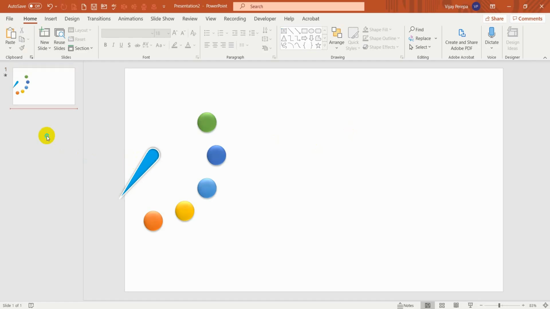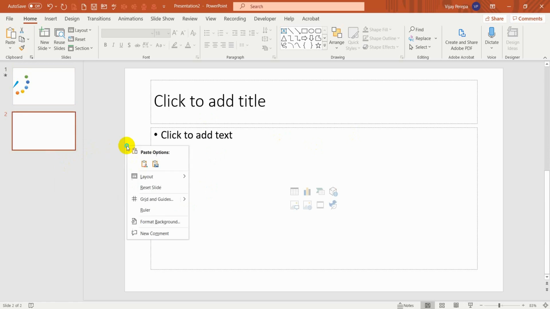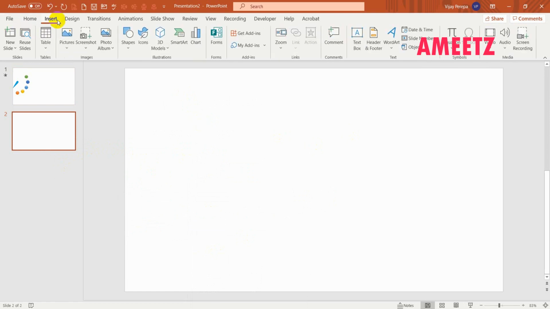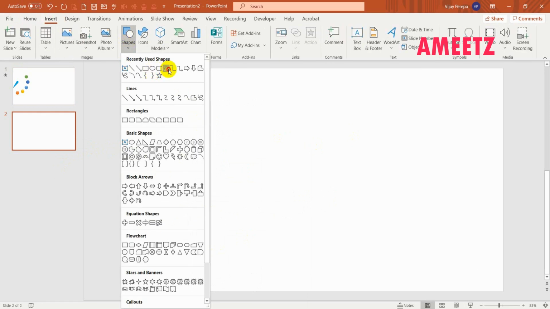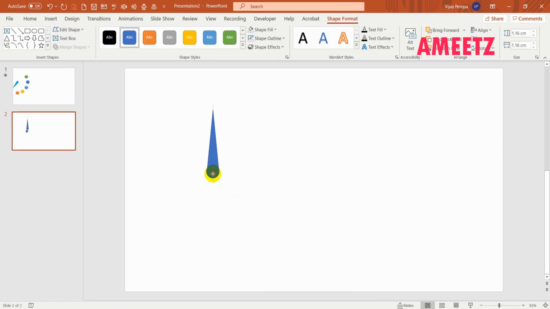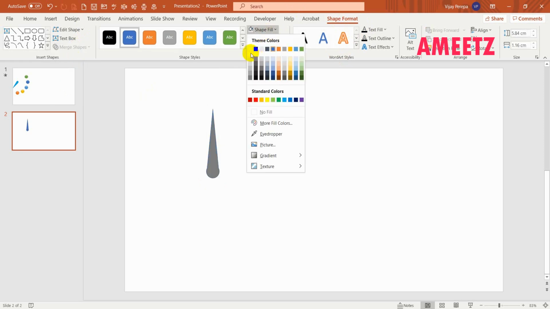Let me add a new slide to create this animation. I'm just adding a new slide and making it an empty slide. Then I need to create one needle first. For that, insert, select shapes, select a triangle, and then I'm selecting one circle. I need to merge them, selecting both of them, and shape format, merge shapes, union,